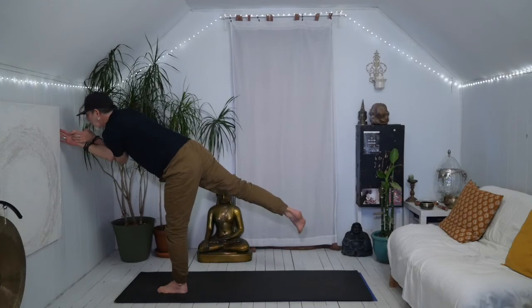Elbows bend, hands and elbows draw back as we open up through the chest, fronts of the shoulders, and then left elbow underneath right elbow. Left hand grabs right wrist or palm. Hinge forward. Weight comes to the left foot. Come off the right toes. Ooh, almost fell over. All right, right knee